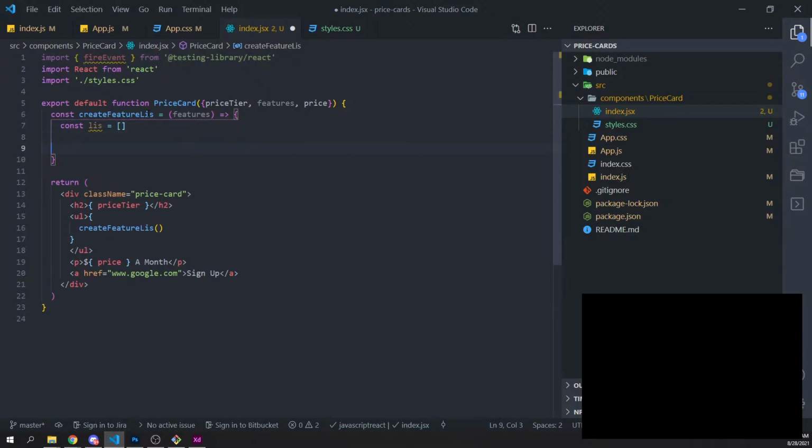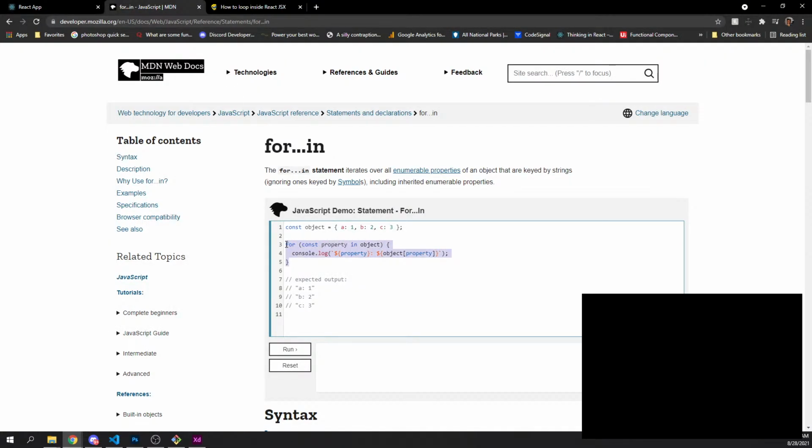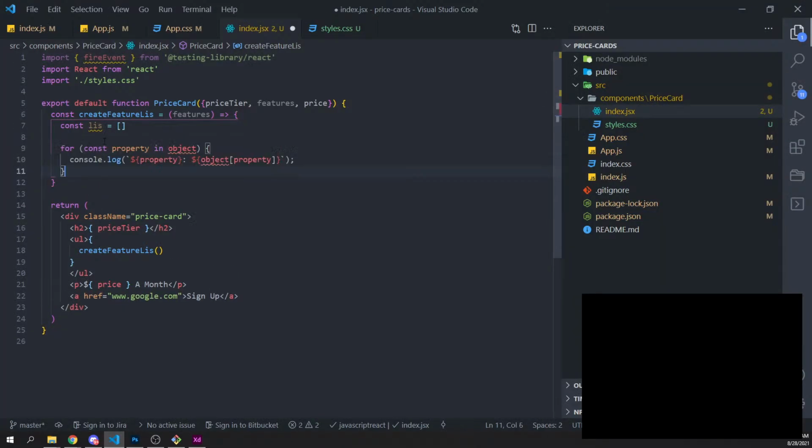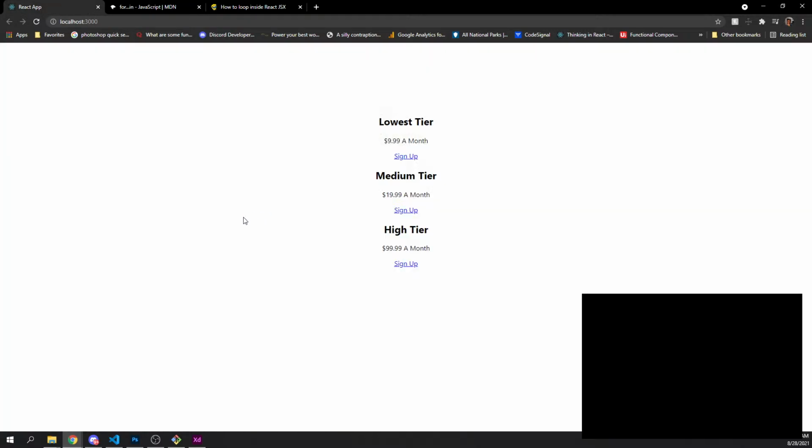And then we'll do this. God, why am I doing this in such a horrible way? For property in features, right? Does that render correctly?